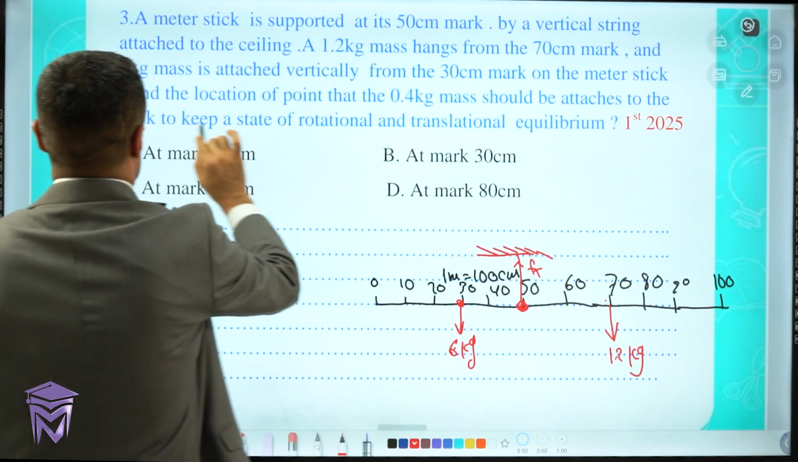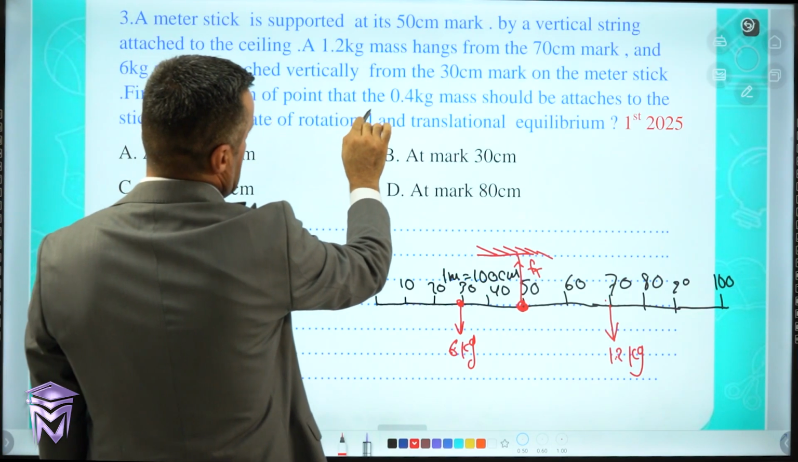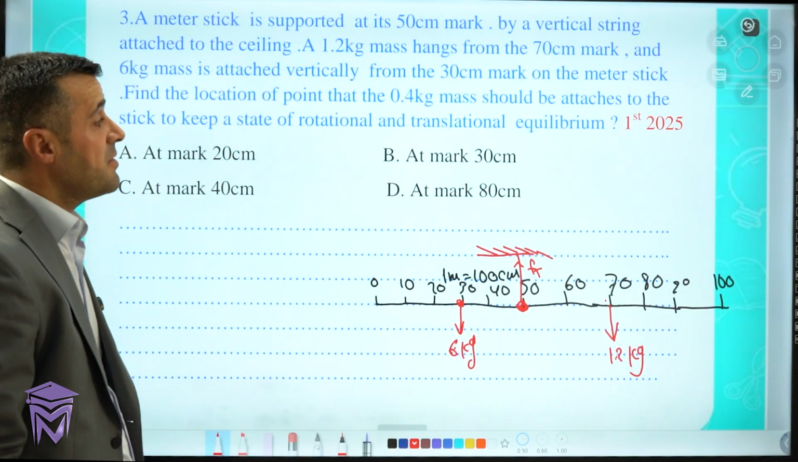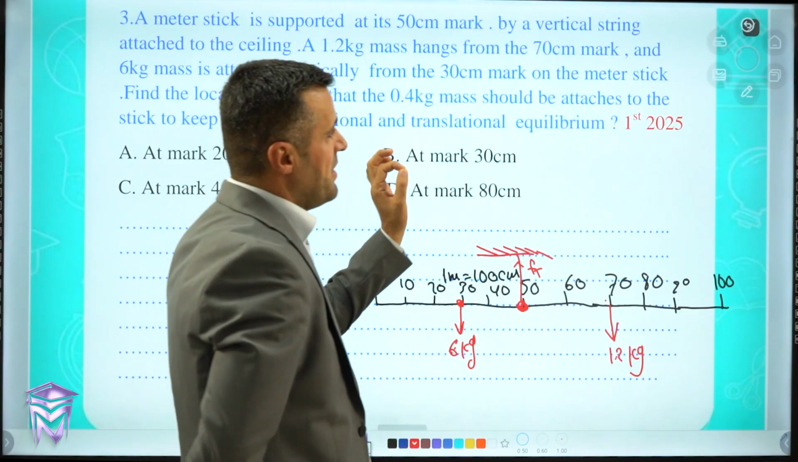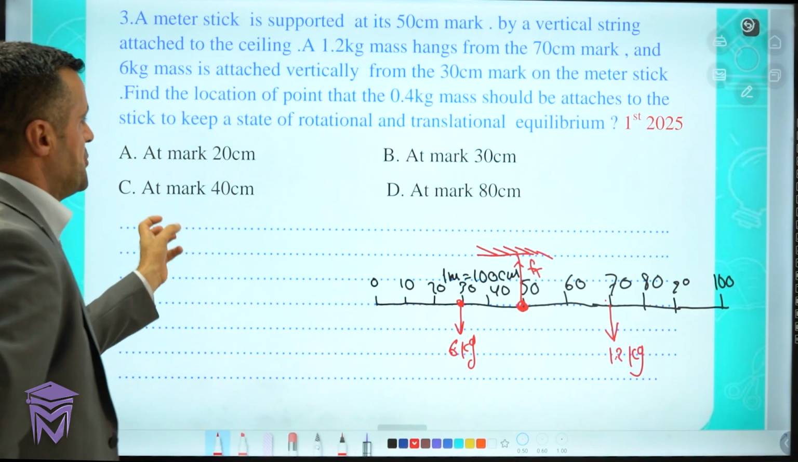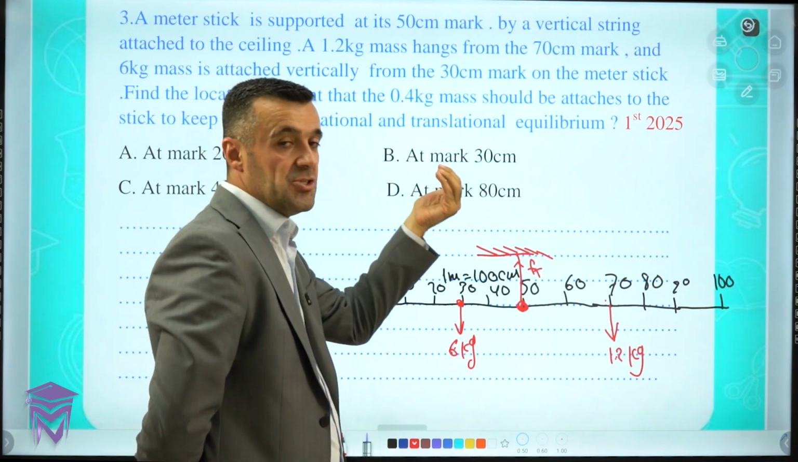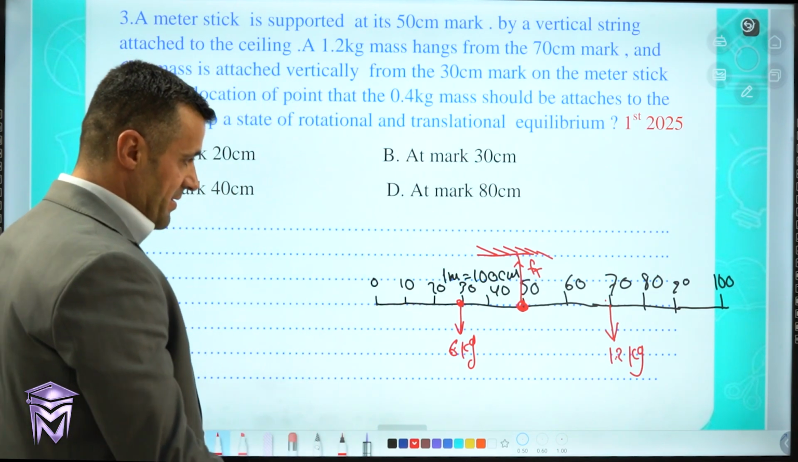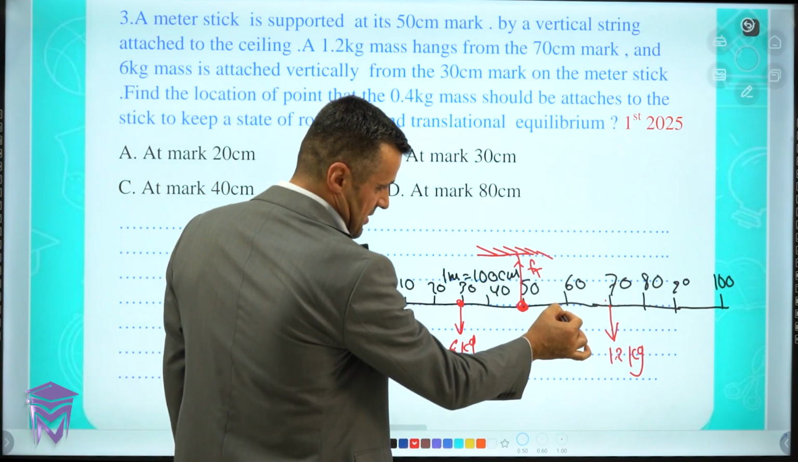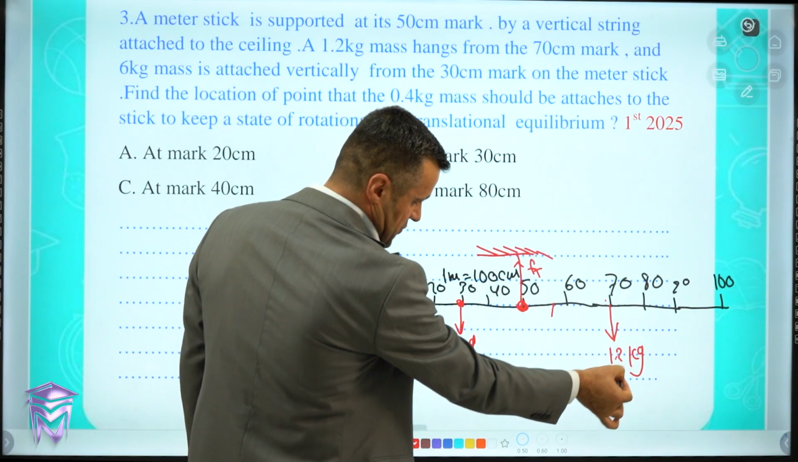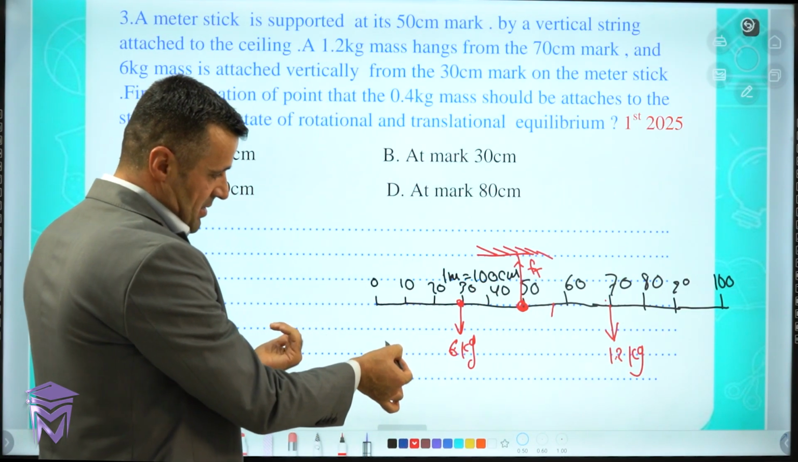Mark on the meter stick. Find the location of the point where the 0.4 kilogram mass should be attached to the stick to keep a state of rotational and translational equilibrium. We have another mass at the right side. 1.2 is larger than